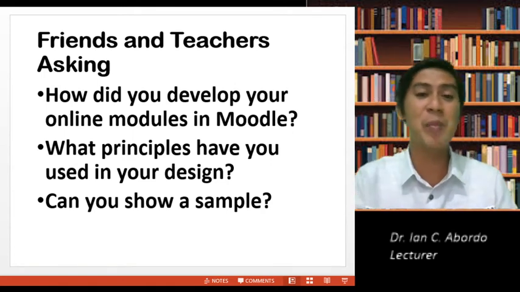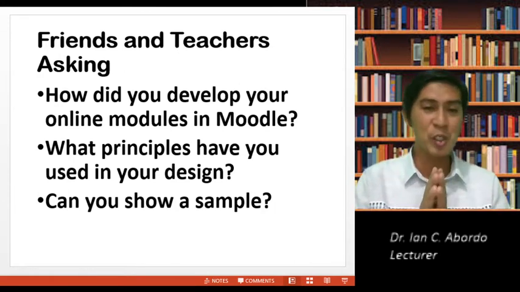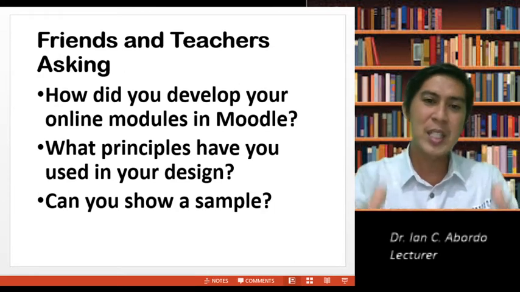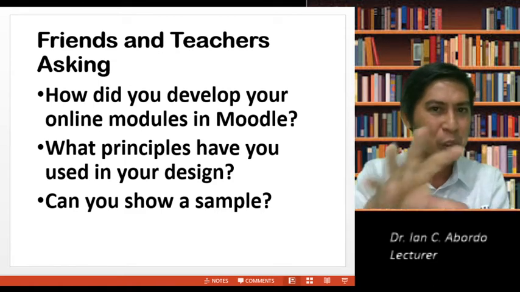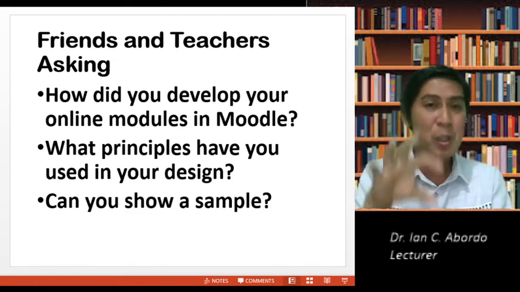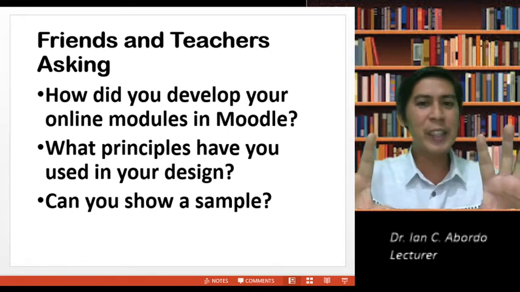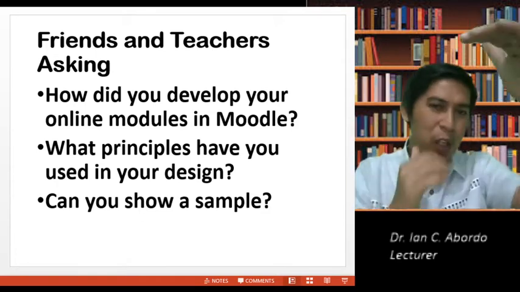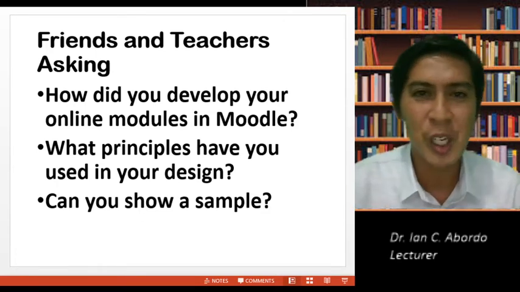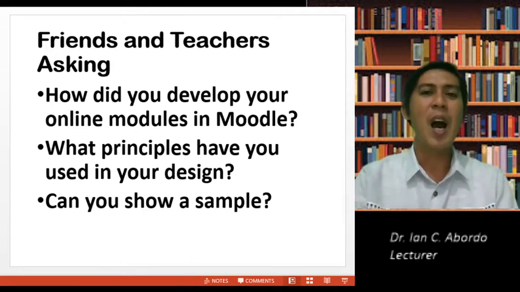Back then, when they asked me how to design printed modules, the modules that you design in print can still be transported to an online version. So the structure is the same. Maybe the delivery will be different, but how you structure the learning process will be the same. That's my view when you ask me how to design.